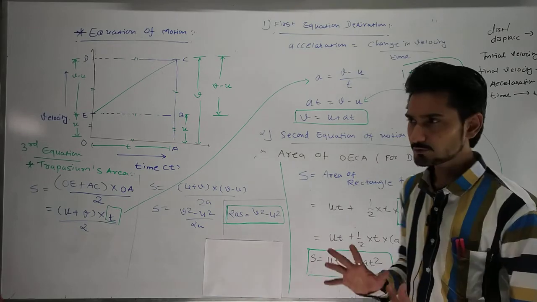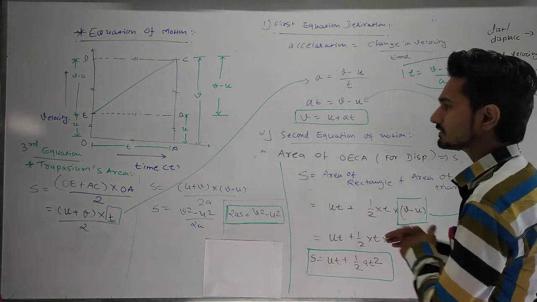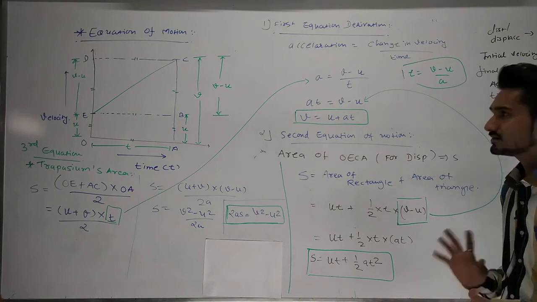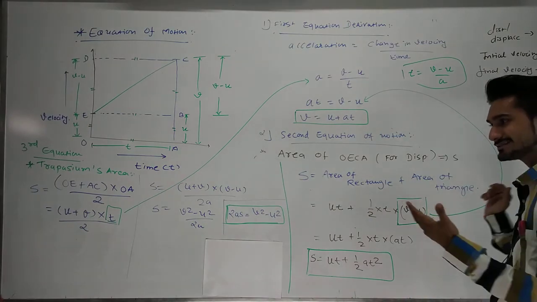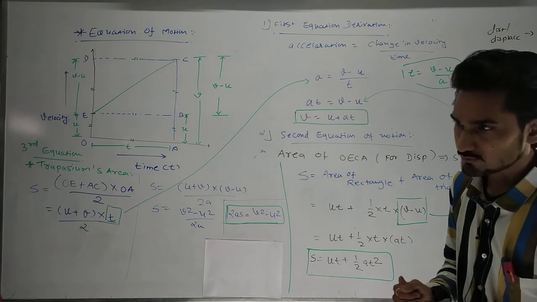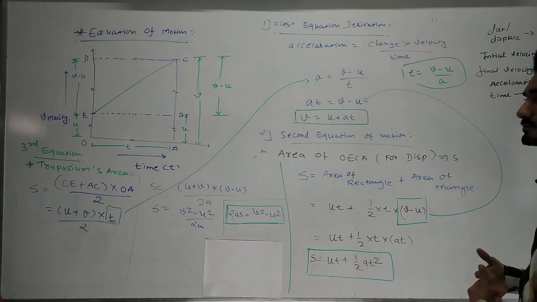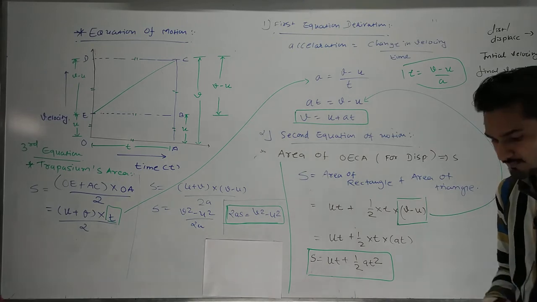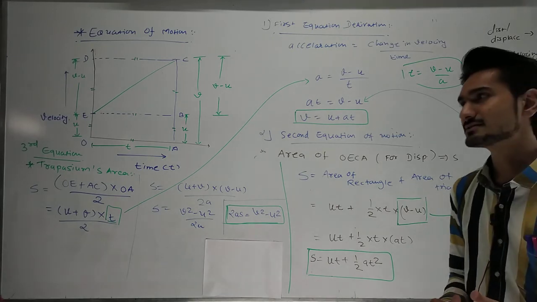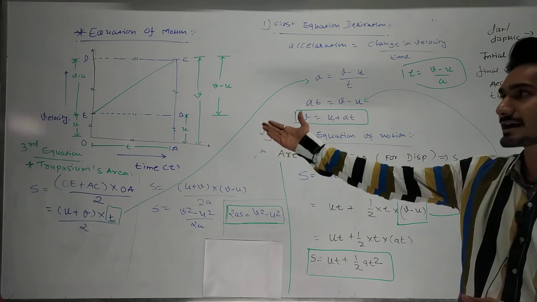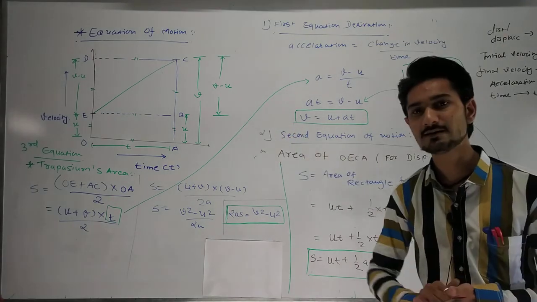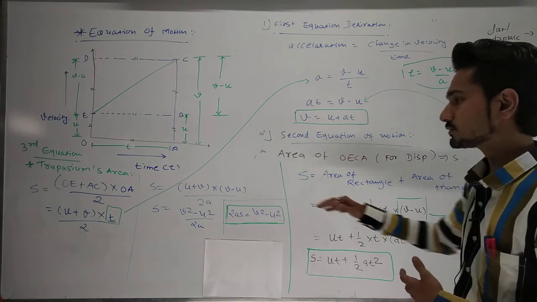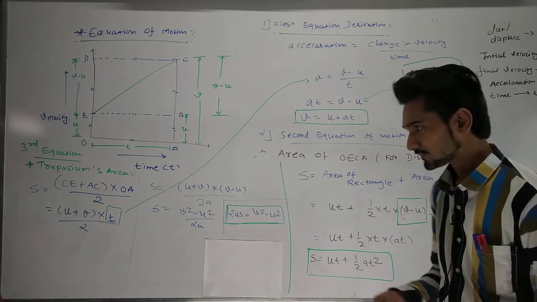Okay, so that's it for today. We are going to give you homework, but I think this is very, very important, so I am not going to erase that. You can take this basic structure from here, and if you want to write it down, I am not going to erase it. So I am giving you homework orally. First of all, you need to write these three equations with this graph. You have to draw this graph three times, and then afterwards you have to define the first, second and third equations of motion.